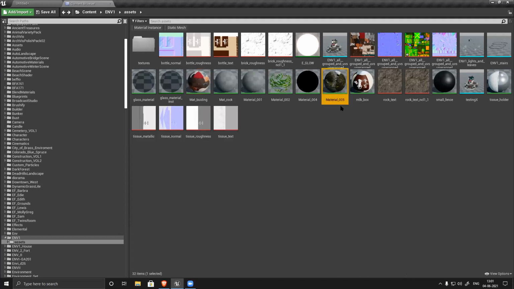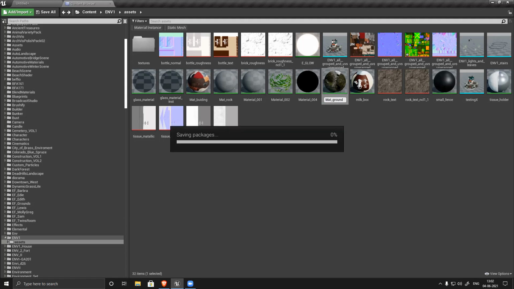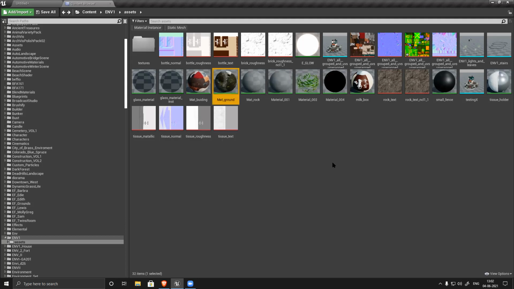Name this also, ground. I've named everything. Now it's compiled. You can see, now I can see the preview.